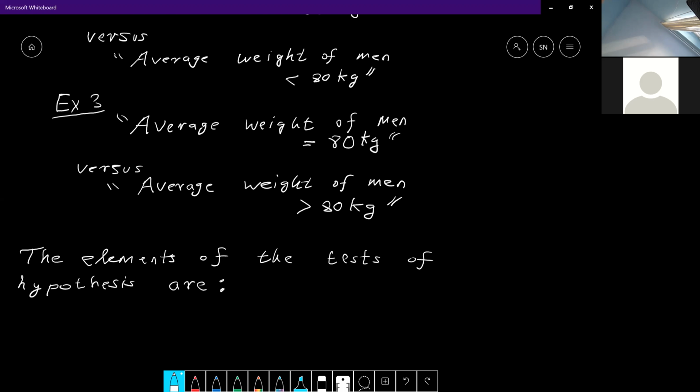There are various elements of test of hypothesis. The first one is known as the null hypothesis. Okay. And it's denoted by H0, capital H subscript 0. And the hypothesis